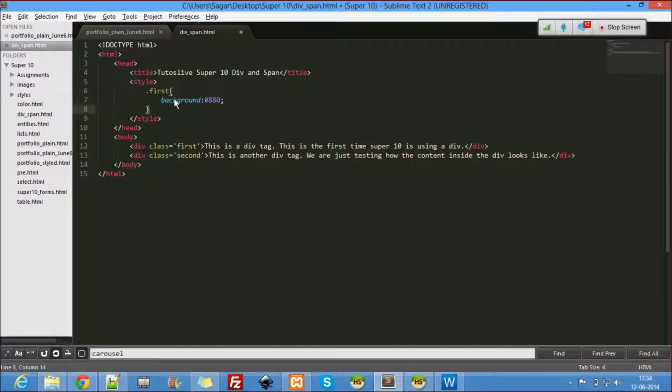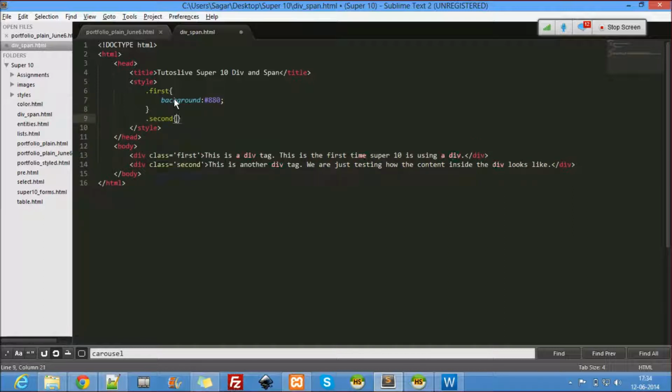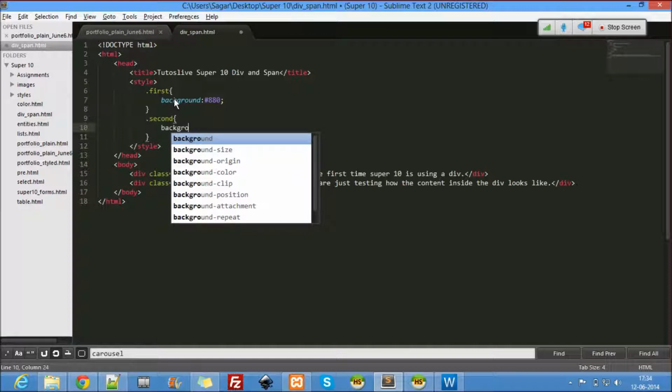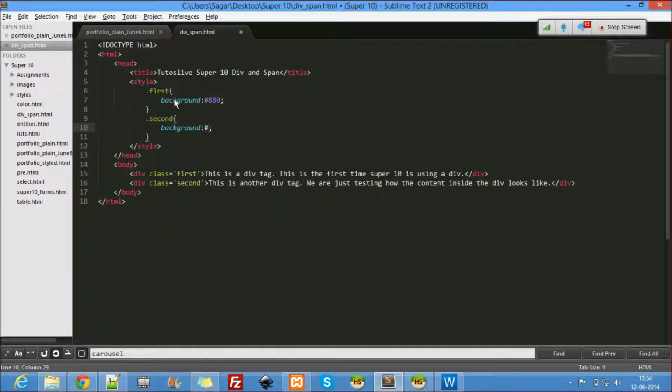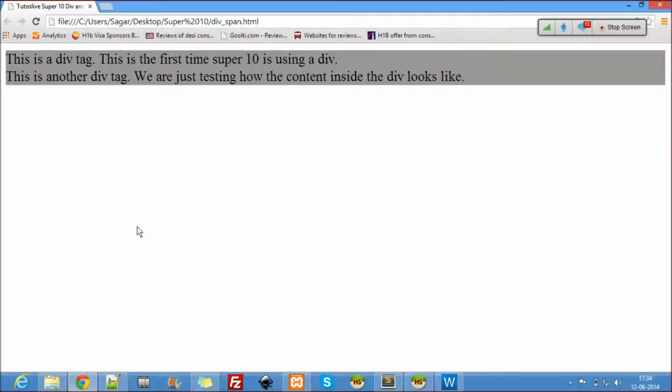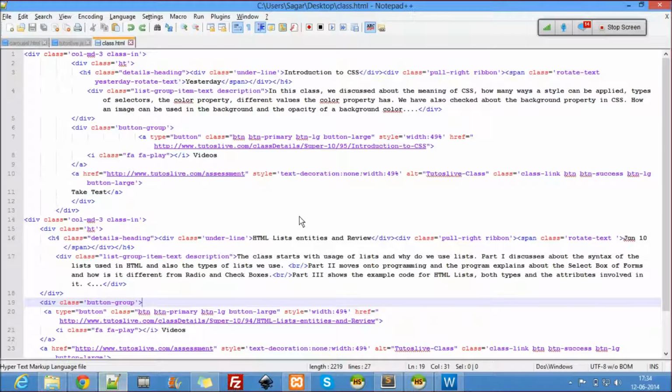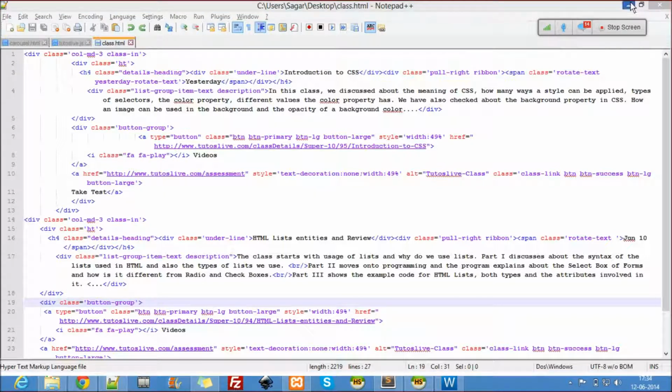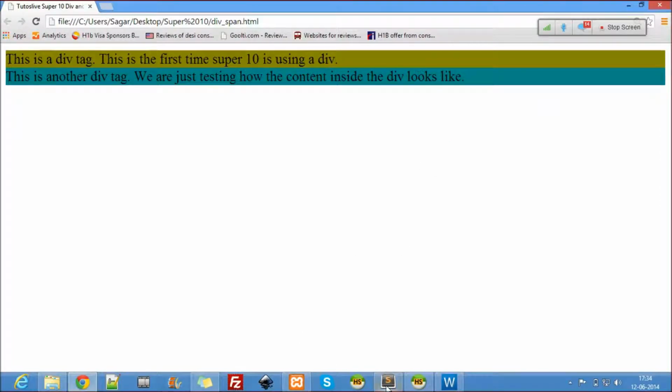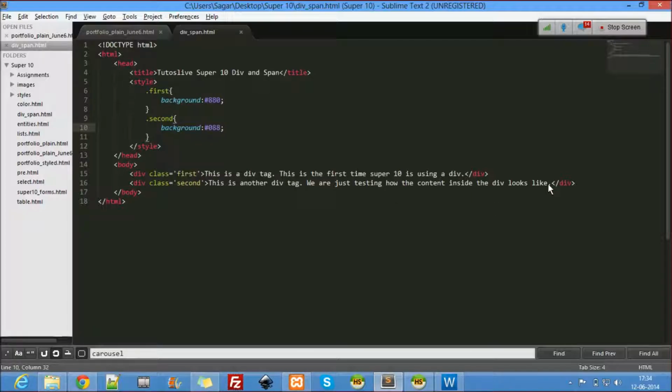Then for the second class, background, let's use complete contrast. So now let's see. Okay, see the div tag, this is the div tag. They are block level because it's occupying the entire scope, the entire line. So I'll just show you guys the example here.